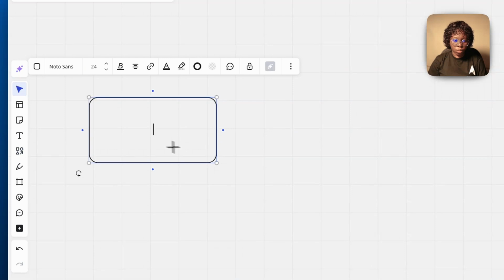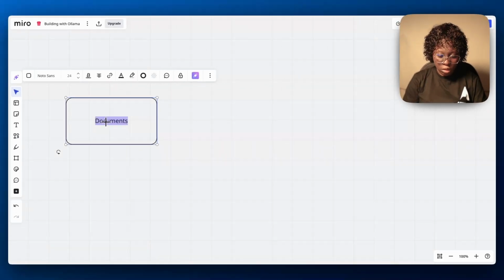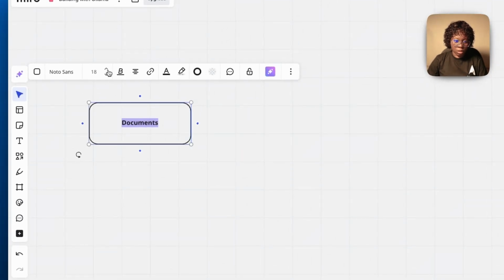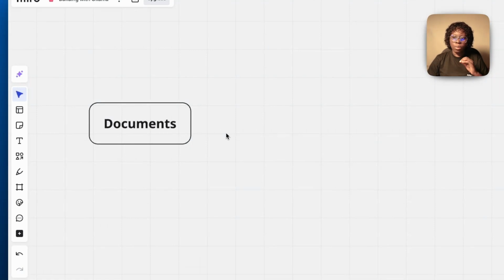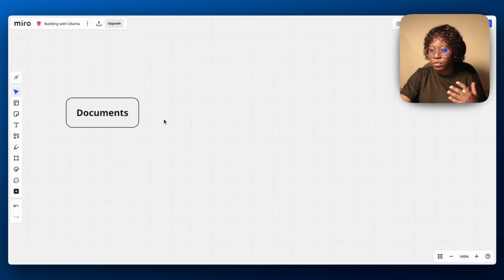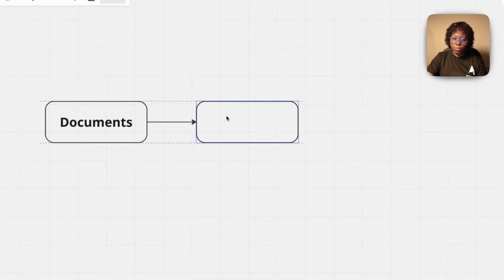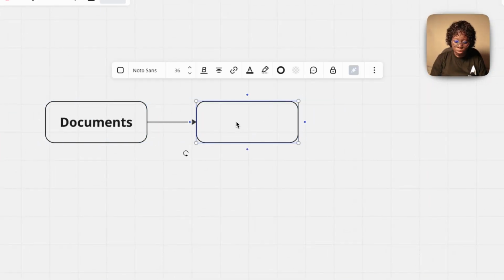So first, it's going to take our documents. We are going to have a folder of documents, PDF or TXT files, and we are going to give that to our agent to ask us questions on. After it takes our documents, the next thing that it's going to do is